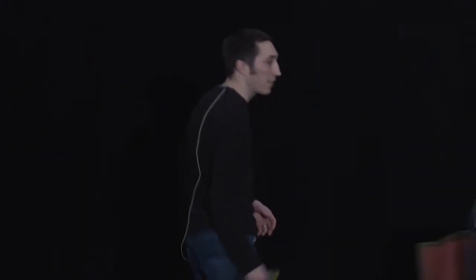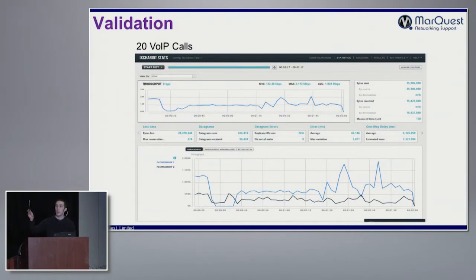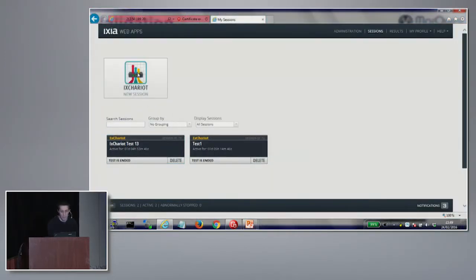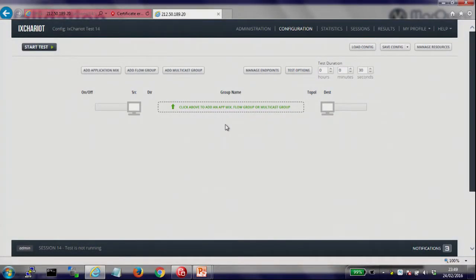I'll show you. I've actually got the IxChariot server running in our cloud, so it's accessible from the network. So I'll show you what the interface looks like, and I've got an endpoint running on my phone here. So let me just switch out to this. This is the interface that we've got here. If I was to create a new test, as it were, I've actually got